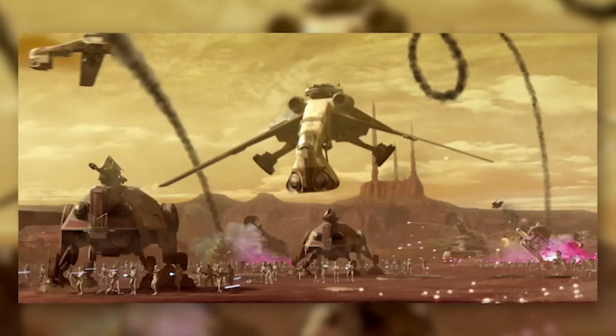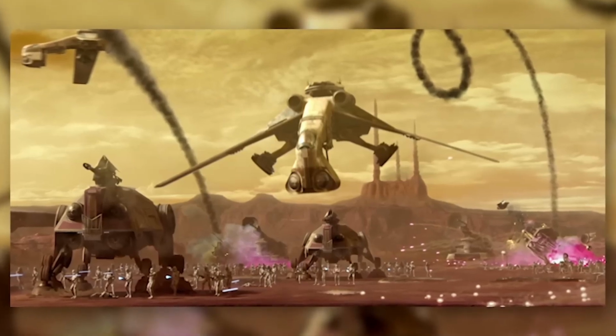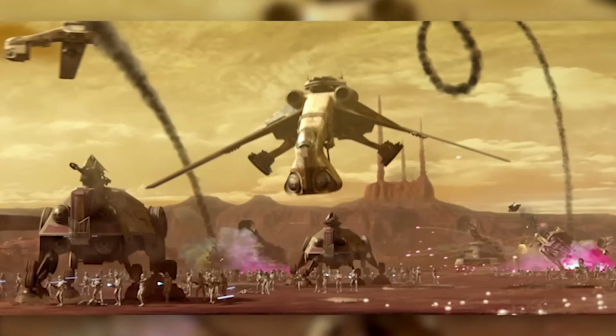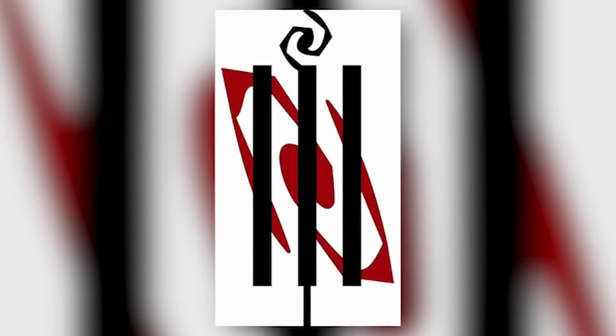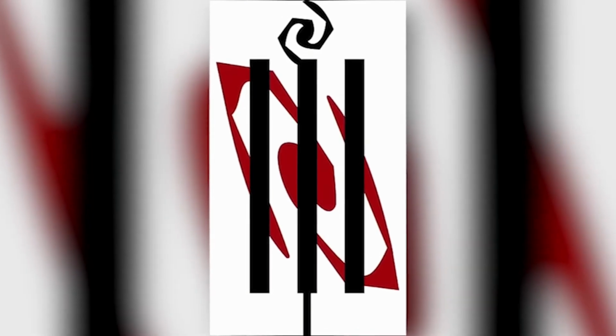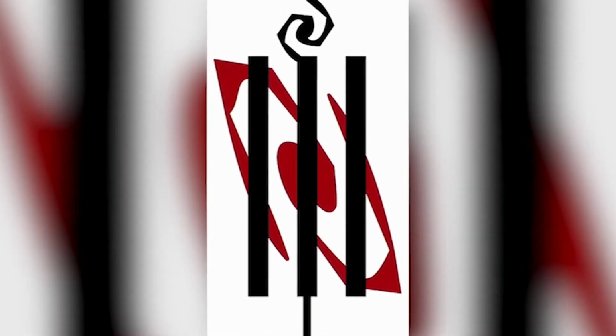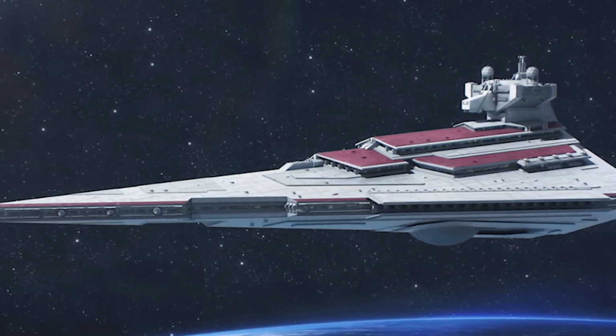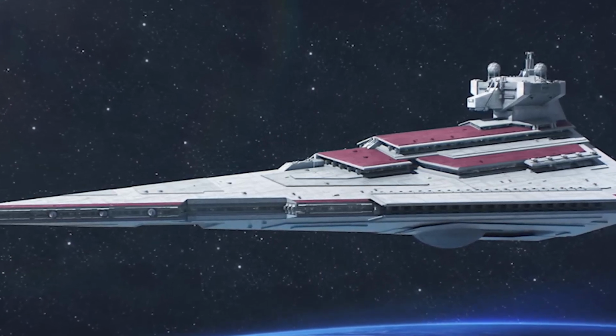After the start of the Clone Wars, the Republic contracted a few other manufacturers to help in making new vehicles, vessels, and equipment for the Grand Army. Most notably, this included Rendili Star Drive, which collaborated with KDY on the Victor Initiative, which produced the first Star Destroyers. But, for the most part, the Republic stuck to the same pool of manufacturers since, by and large, the